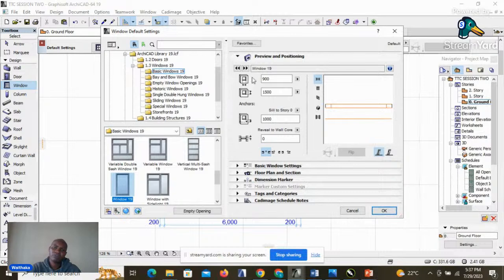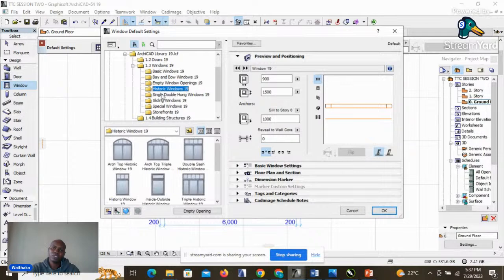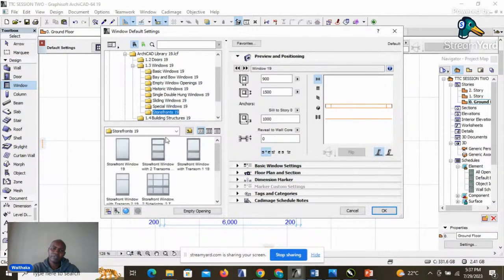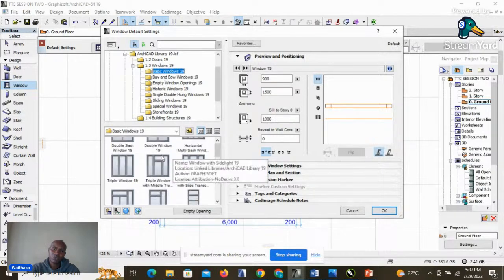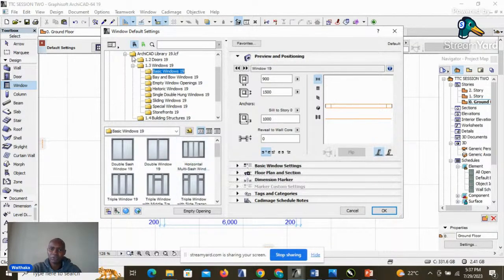It's very important for you to do the settings before you insert the objects on the plan. And again, we have a number of windows available for us to pick from. Depending on the window that you want, you just pick the one that you want and do the settings to fit